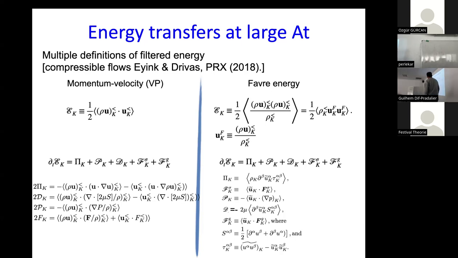And the reason I pointed out this paper is that this paper claims, through nice arguments, that if you are doing very compressible flow or high Mach number flow, then this particular definition is more favorable. But that claim is only true if your flow is not incompressible, that is, if your divergence of u is not equal to 0. On the other hand, for us, we have a variable density flow where divergence of u is 0, right? So that thing goes out of the picture. And so all these definitions are equally good or equally bad.